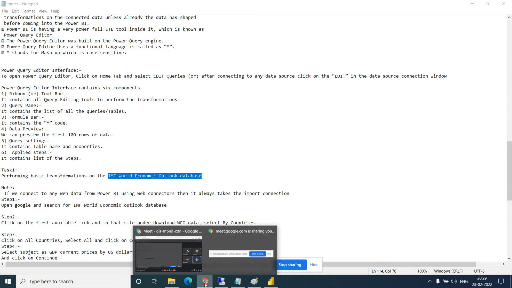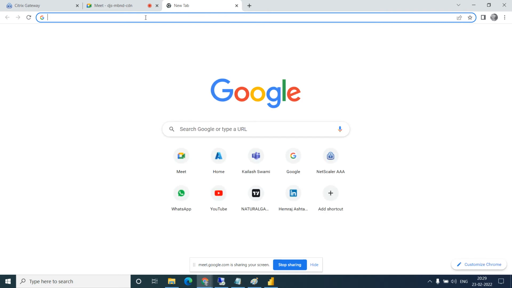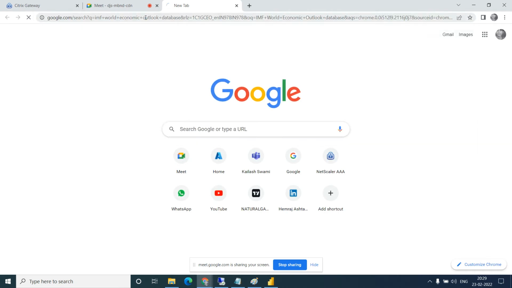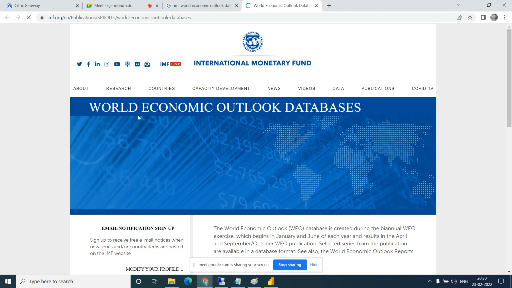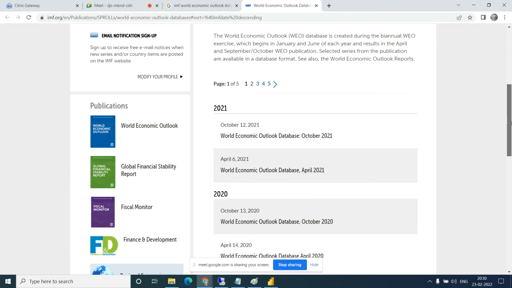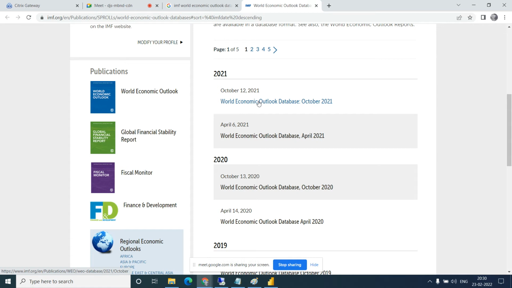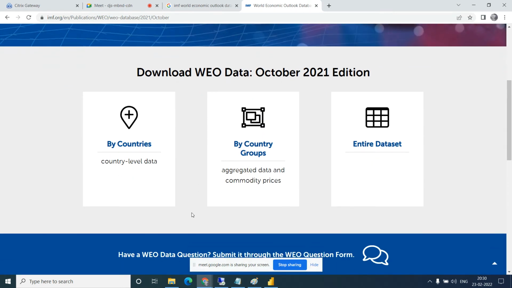Just search on Google. We will download some sample data from the IMF, International Monetary Fund. Just come down, you will see some data available. Download WEO data, entire database.